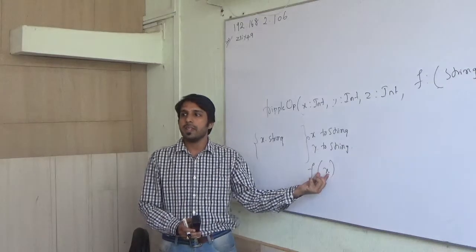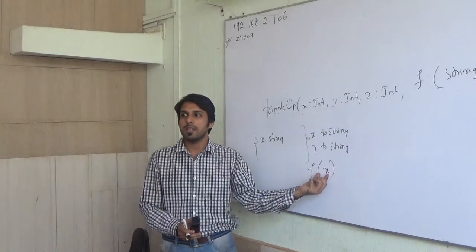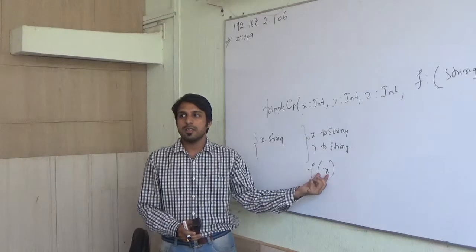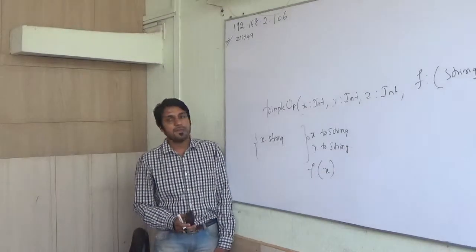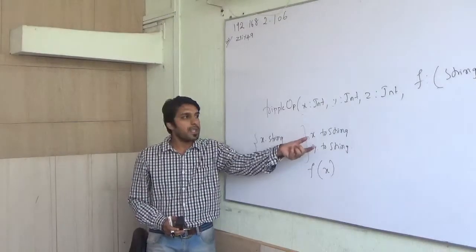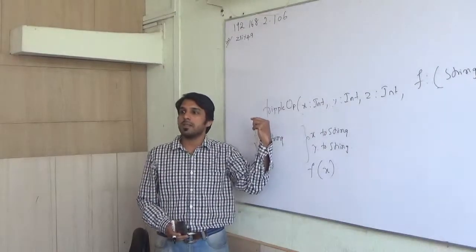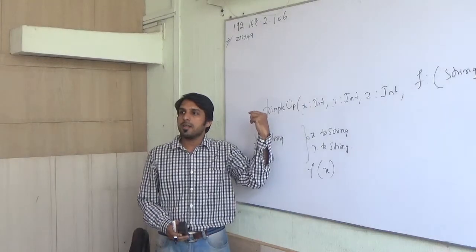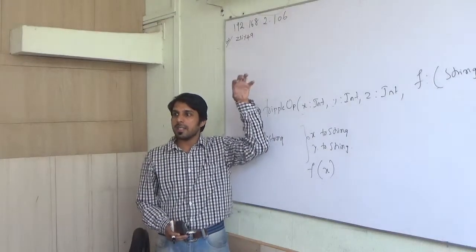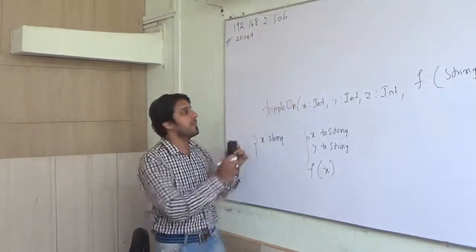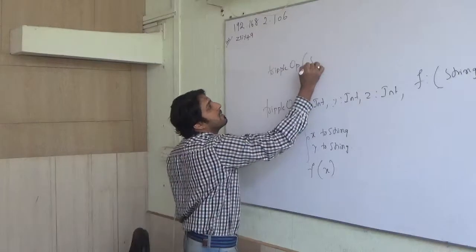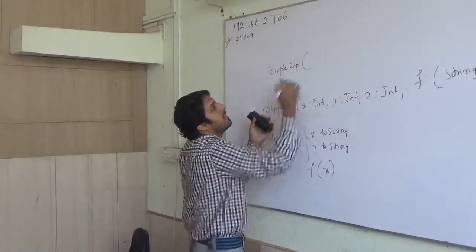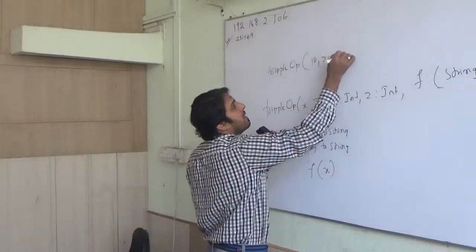But you can write the definition. Even if you write, assume you are modifying x dot to string, y dot to string, that modification will also be passed as the body. Whatever you are writing as a literal, as a parameter, when we call this triple of Scala, you then have to write this inside the function.